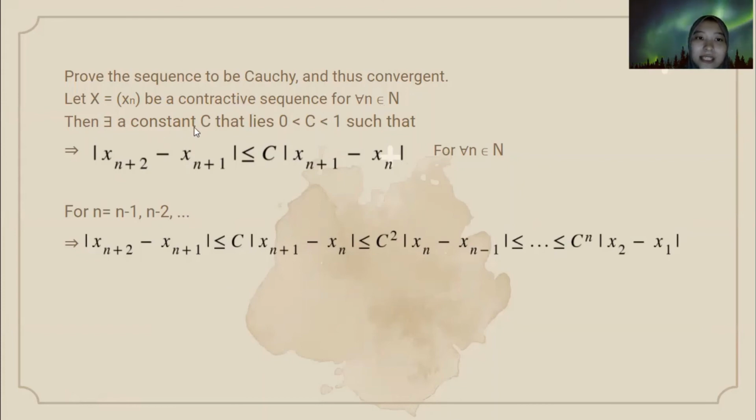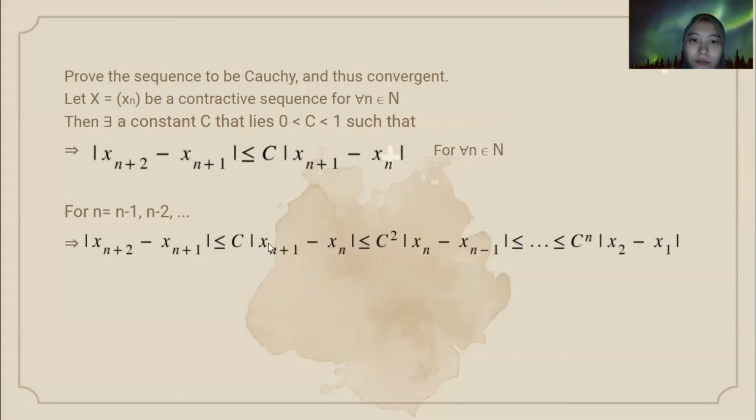Then there exists a constant c that lies between 0 and 1 such that |xn+2 - xn+1| is smaller or equal to c|xn+1 - xn| for all n in N. And then we can write for n equal to n-1, n-2, n-3, and so on, |xn+2 - xn+1| is smaller or equal to c|xn+1 - xn|, smaller or equal to c squared |xn - xn-1|, and then the last one we can get is c to the power of n |x2 - x1|,